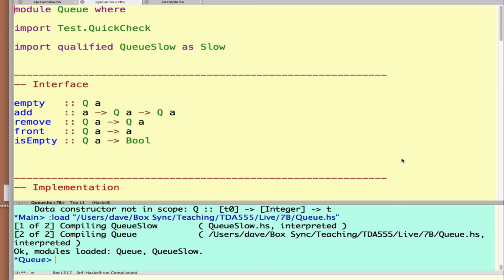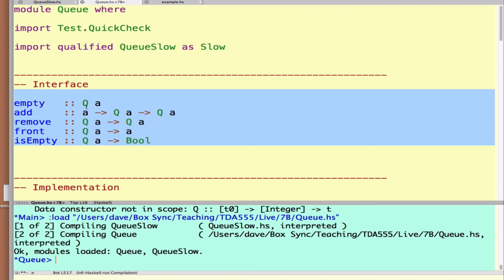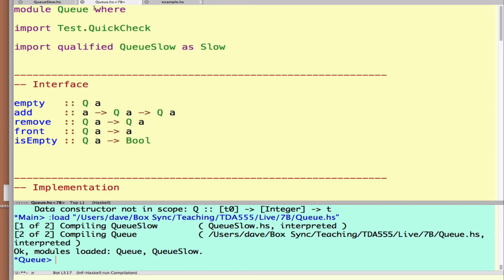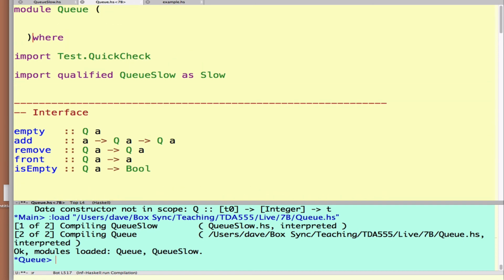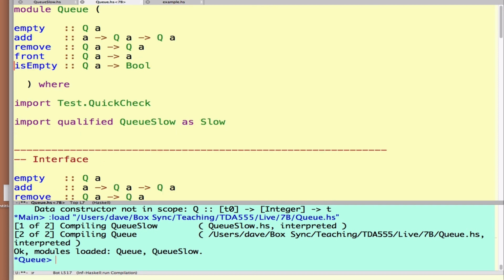So the final thing we need to do to wrap this up is to package the module in such a way that these are the only operations that are exported. So the idea will be to explicitly list all the things which this module will export. So we can restrict so that all the testing functions will be internal. We use them to test this module when we're inside the module, but the thing that's visible to somebody who imports this module will only be the type of queue and the operations of the queue. So the way we do that is to specify a list of the things which we will export from this module. And I'm going to export all of these guys,